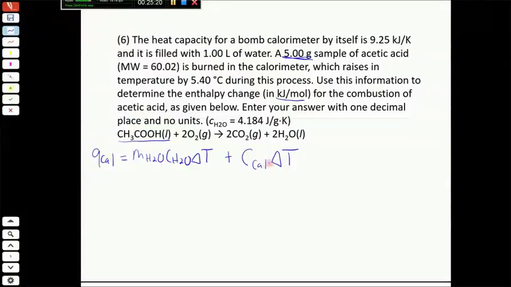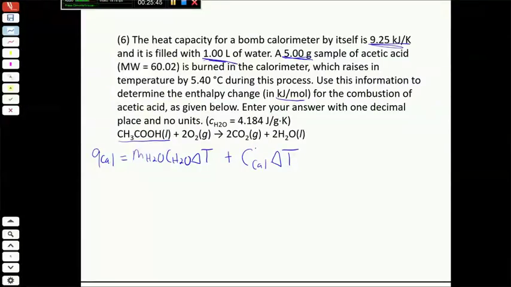The second term is the amount of heat that's absorbed by the calorimeter itself. And in this problem, we have information about both of those. So we're told that we have 1 liter of water in the calorimeter, so we know how much water is present. We're also told that the calorimeter has a heat capacity of 9.25 kilojoules per Kelvin, so we know both of these pieces of information, so we're going to have to use both of these when we calculate the heat